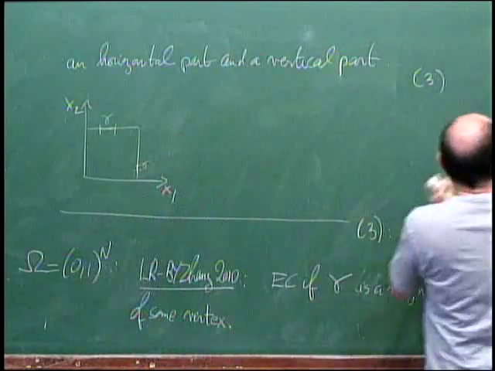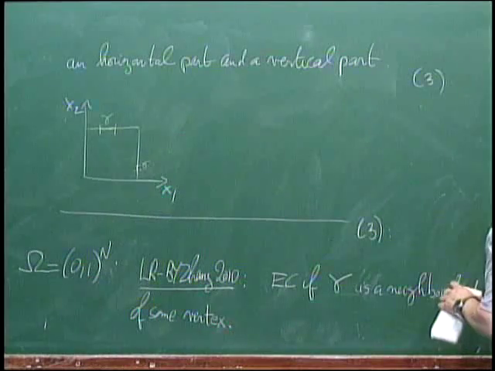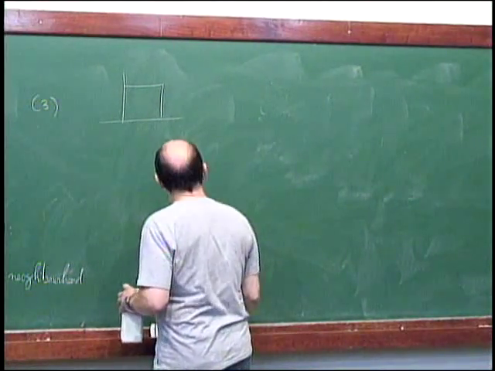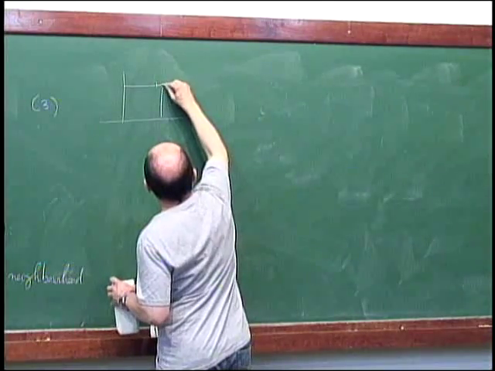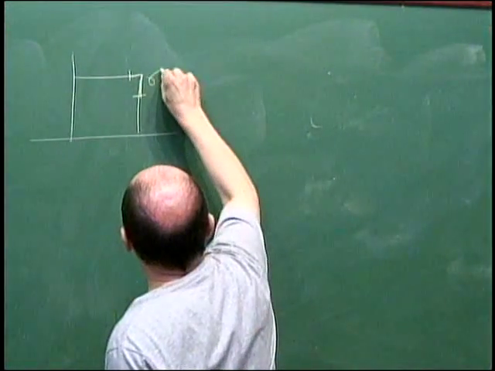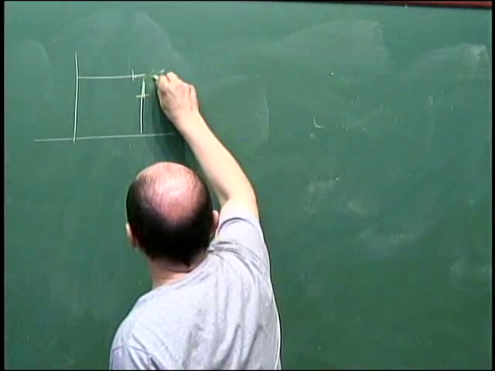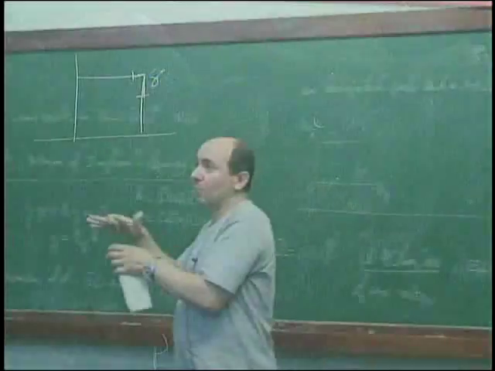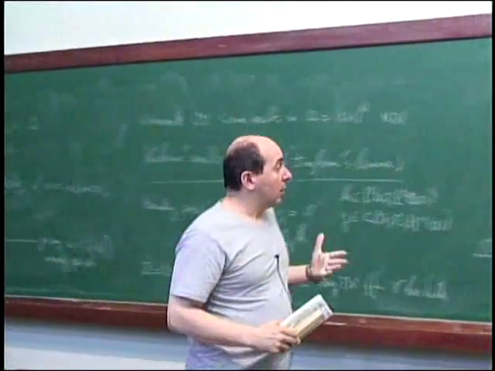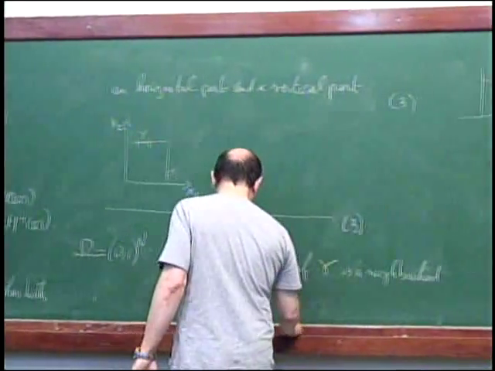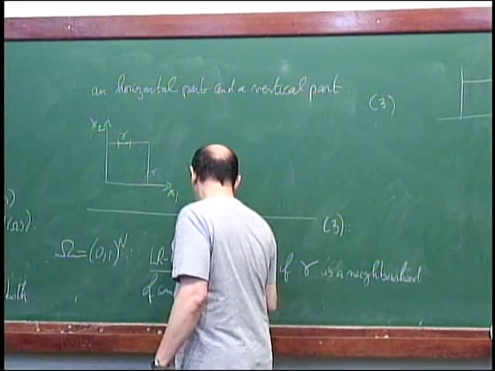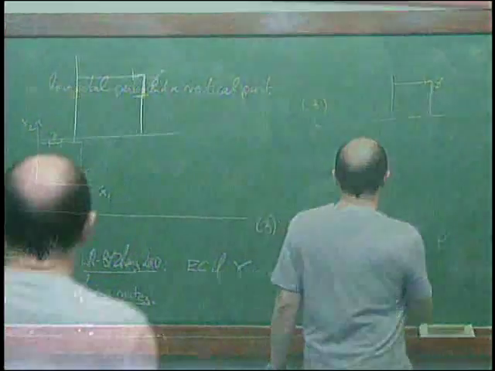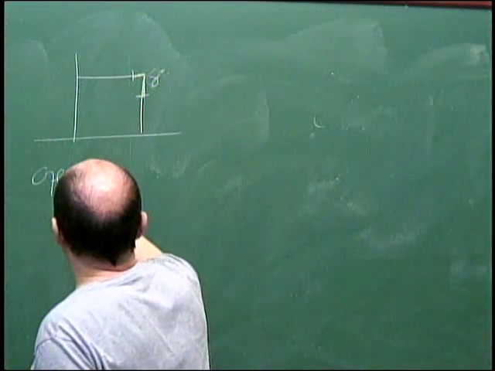So I just do the picture in dimension 2 to simplify. What we say is that, okay, gamma may be something like that. This is a load. If you have that, okay, you are done. But for the moment, we don't know if we can separate the horizontal part and the vertical part. And we did it by another approach, actually. We use multipliers, and it works in any dimension. Okay, so still, we have some open question.